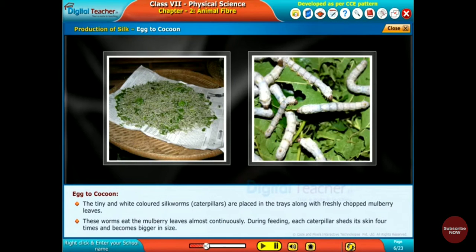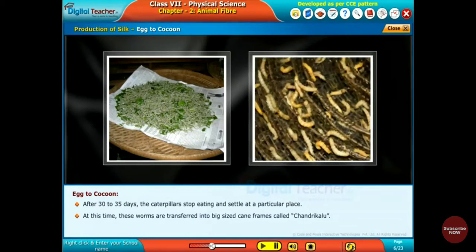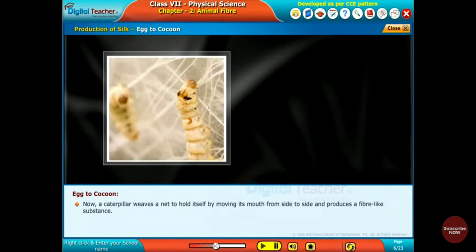During feeding, each caterpillar sheds its skin 4 times and becomes bigger in size. After 30 to 35 days, the caterpillars stop eating and settle at a particular place. At this time, these worms are transferred into big-sized cane frames called chendrikalu. Now, a caterpillar weaves a net to hold itself by moving its mouth from side to side and produces a